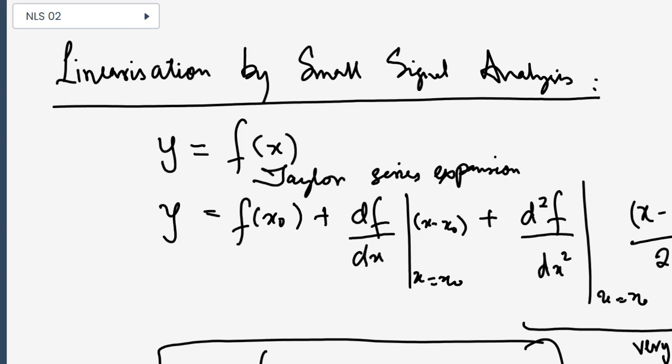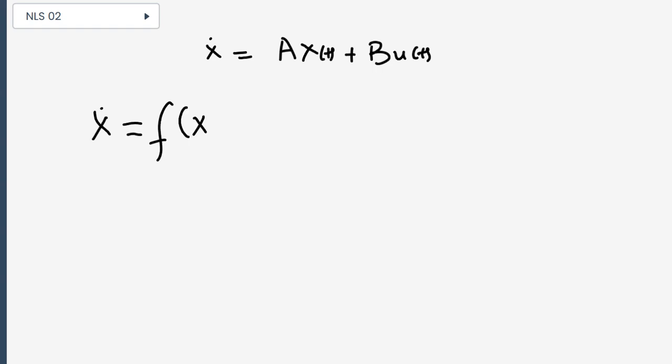Now we'll extend this method to the state space model that we have been using. Normally in case of linear systems, we take the state space model as x dot equal to Ax plus Bu. These are actually functions of time. Instead of writing x dot equal to A x(t) plus B u(t), for nonlinear systems the state space equation is written as x dot equal to f of x(t),